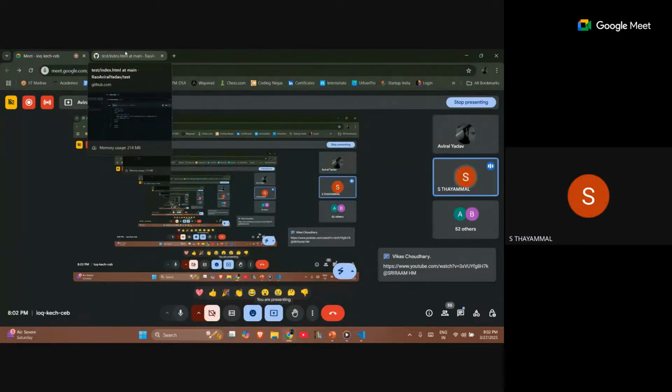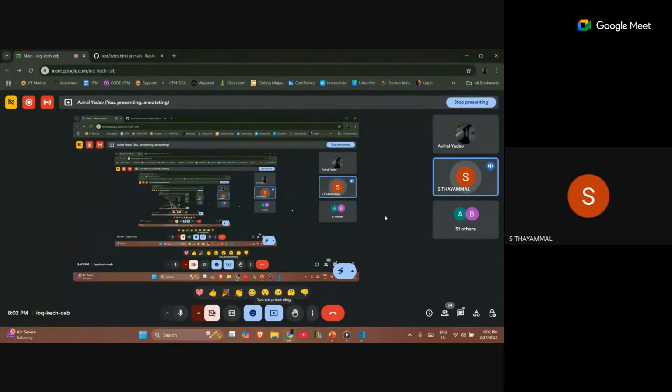Excuse me, everyone. Actually, I have two accounts, one with the IIT account and one my personal account. While installing Git and using the username, it took my personal account details.